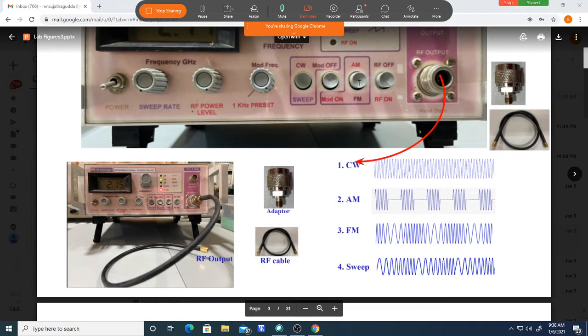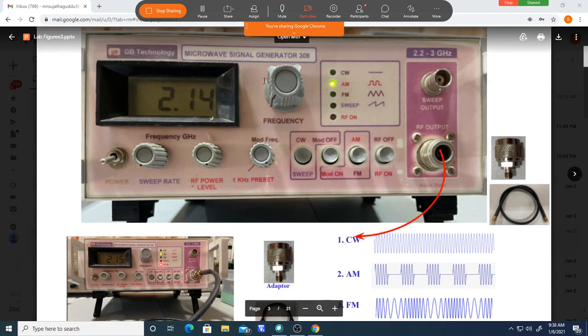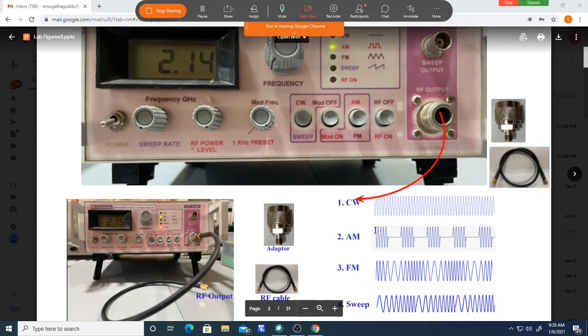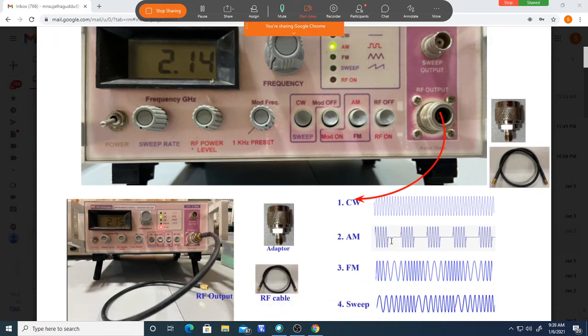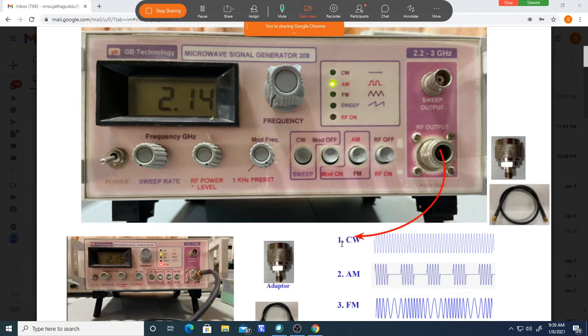If you release it, we will be getting an AM modulated signal output here. The pressed position will give FM modulated. This carrier is whatever you set here. See, the carrier frequency is whatever you set using this, whatever the display shows, that frequency will be coming here. The carrier is a burst of high frequency signals. So that we will be getting from here.